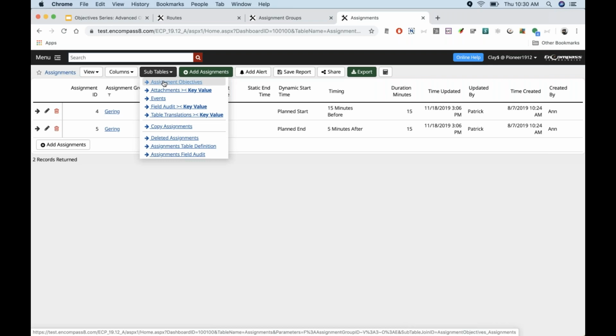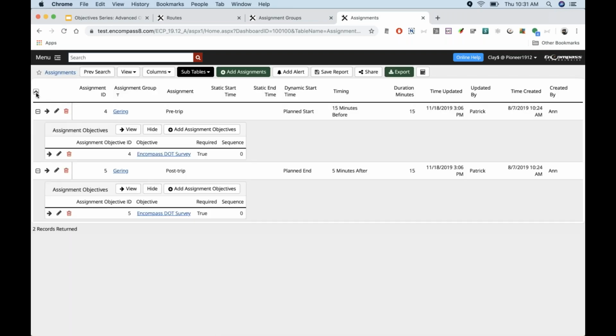Well, you look at those assignments and you do assignment objectives. And this lets you know what they need to do in those pre or post trip. So we can see here that we need to do an Encompass DOT survey in both our pre and post trip assignments, okay? So that's how we relate objectives to both assignments and activities.